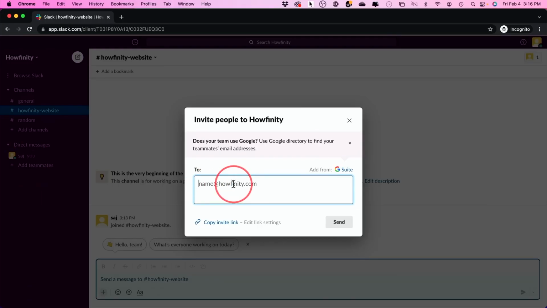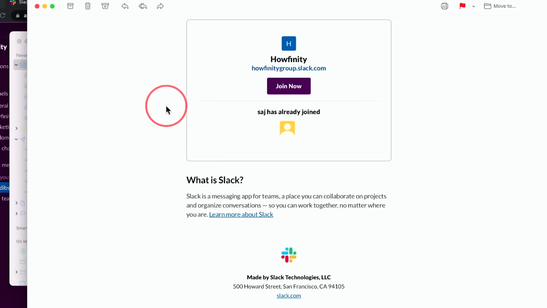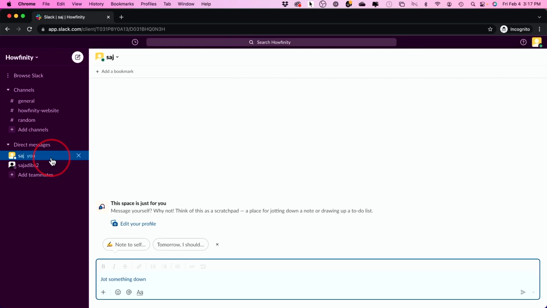So I'll go ahead and type in someone else that I want to invite. You just put in their email here and they will get invited. When someone sends you an invite via email, this is exactly what that email will look like, and you would just press join if you're getting invited to someone else's workspace or someone at your job invited you. So making sure all the right team members are inside of your Slack here is the first thing that you